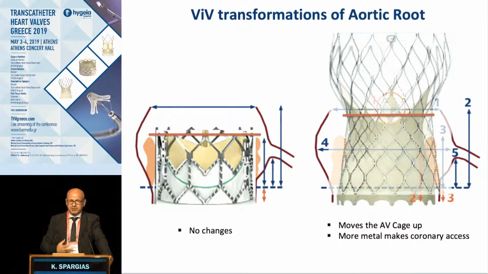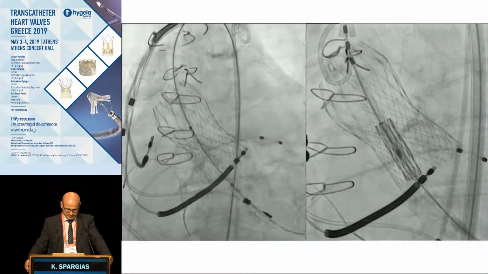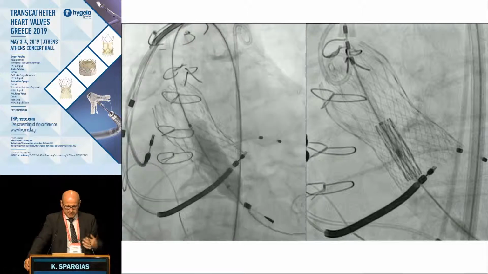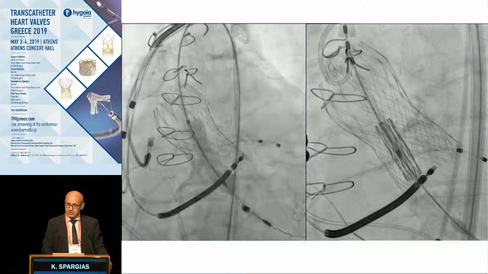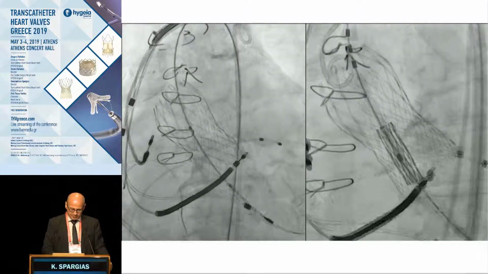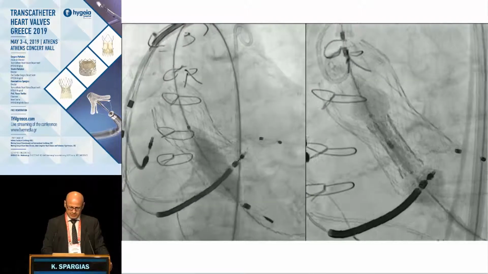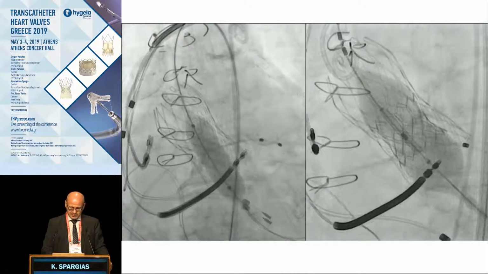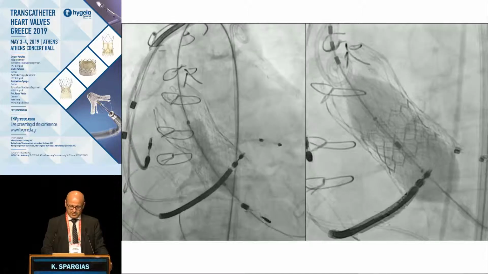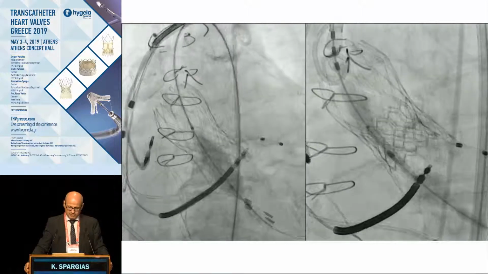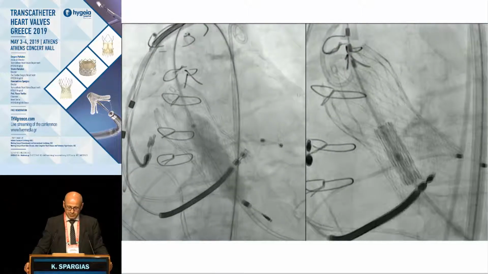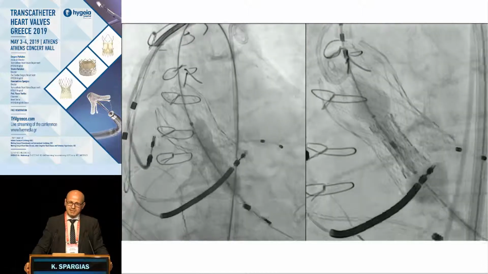So the priority is the safety of the first procedure, but these things should also come into mind, and certainly think early about the future. So here you see a valve-in-valve, a TAVI in a degenerated Evolut. It was a patient with renal failure, so if I remember correctly, it came back after 4 or 5 years with restenosis, and you see how we opted for Sapien within the Evolut, because this also gives you less metal,